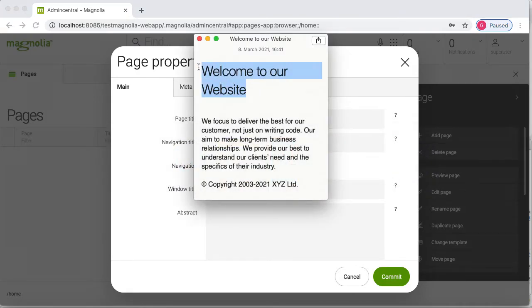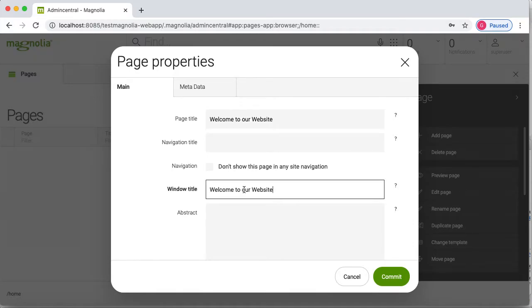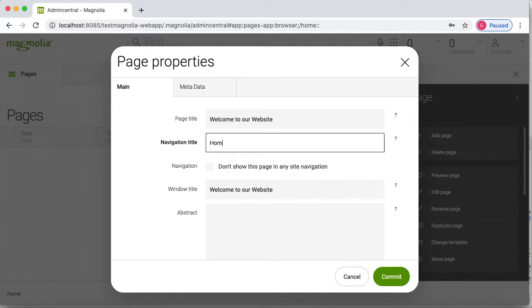My title will be welcome to our website, and I will use the same for the window title, and for the navigation title I will use home. And I have already created the extract for that, so I will use the same.